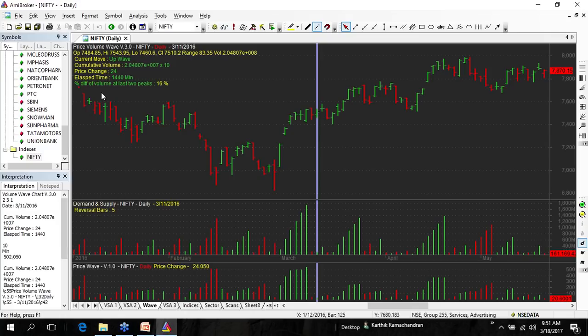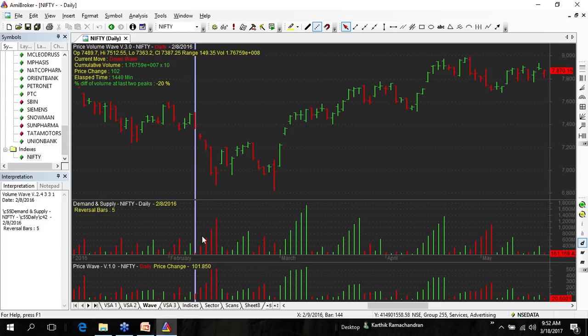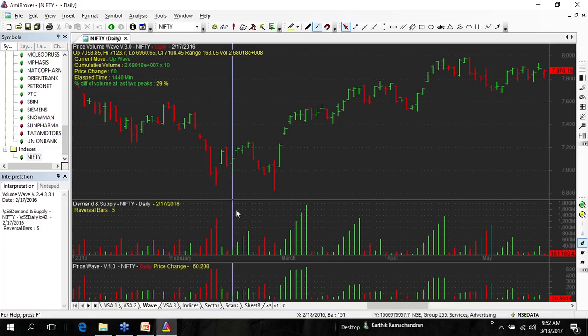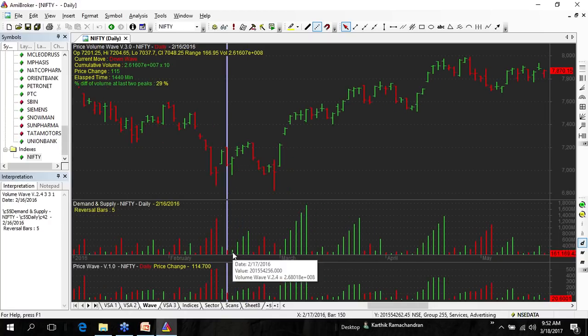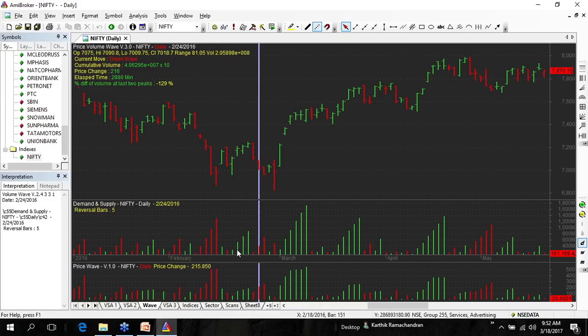Right now, if you look here, we are seeing a downtrend, and at this point you have the biggest waves, accumulated when there's a down move. These are the accumulated volumes in the down move. And next you have an up move, so you have this bar, and here again. I'm just trying to explain what these waves actually are. This is the volume of the first up bar, next is the accumulated volume of both the bars, and the third is the accumulated volume of the three bars,